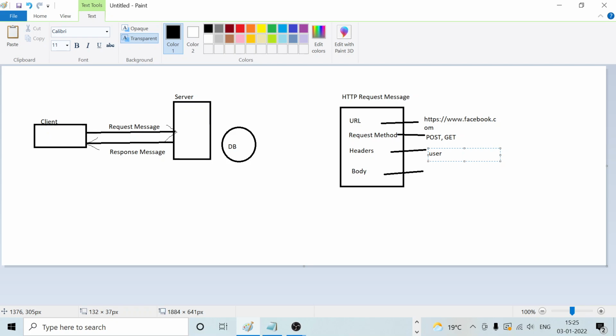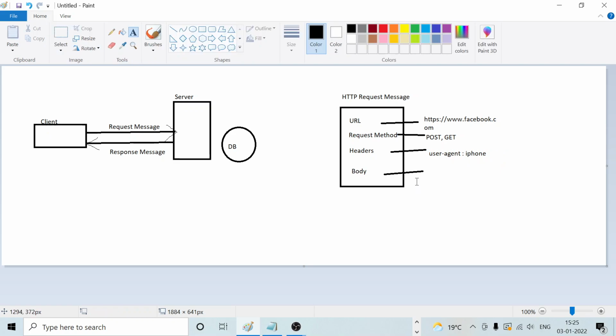So this is the user agent. By using header you can identify which type of device the message comes from, whether the phone or the system. You can identify this. This is not the main information, it's additional information.